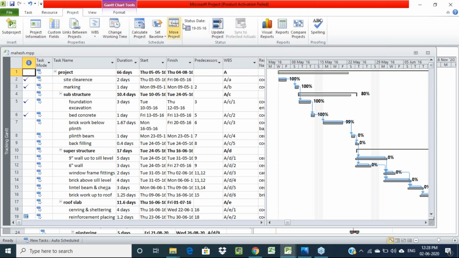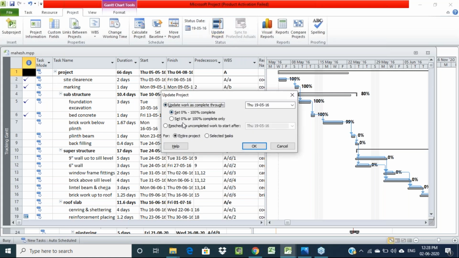For that you need to go to the Project option, go to Update Project. Here we have to select how many days we want to update the project. It starts on the 5th of the 5th month in 2016, and we will select the work progress after 3 months that we will check.